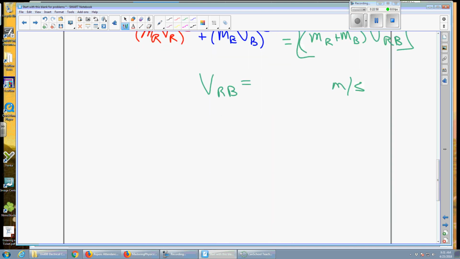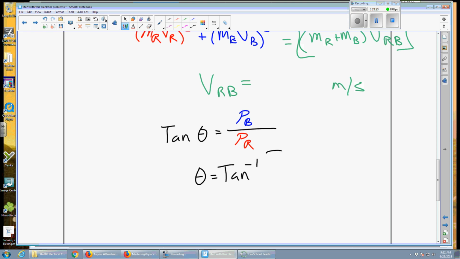So I can do that: the tan of theta equals the opposite, which is momentum of the blue, over momentum of the red. So theta is the inverse tan. Do you guys call it inverse tan or arctan? I can never remember what math I should do. MB, speed of B,